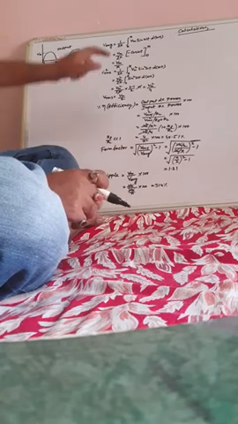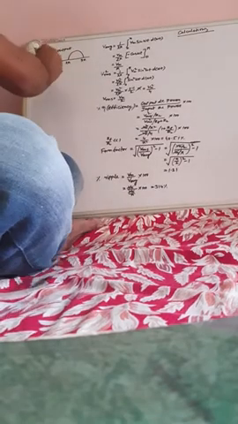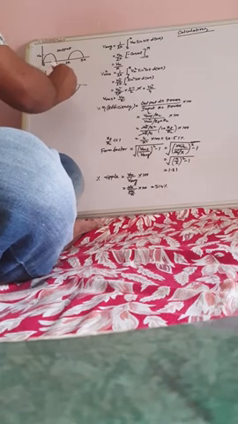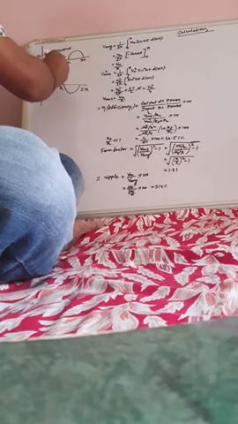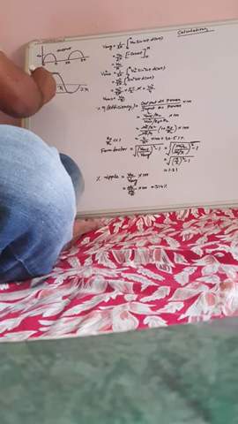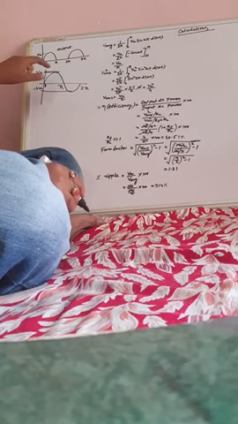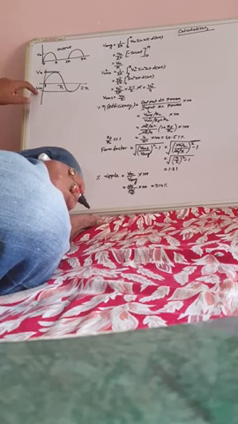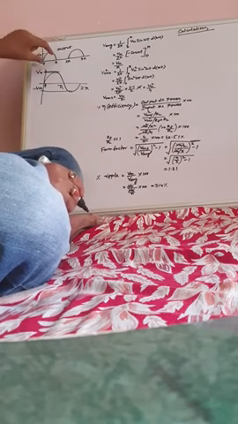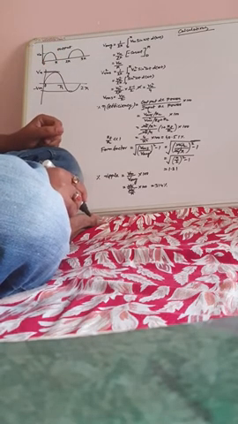Now this is the formula of average value calculation. This is your main input signal, 0, pi to pi. This is Vm, this is minus Vm. This is the Vm signal, and this is for the minus Vm signal. Your output signal exists between 0 to pi, so your input limit should be 0 to pi. This is for the half-wave rectifier.